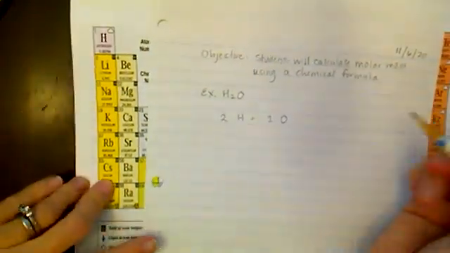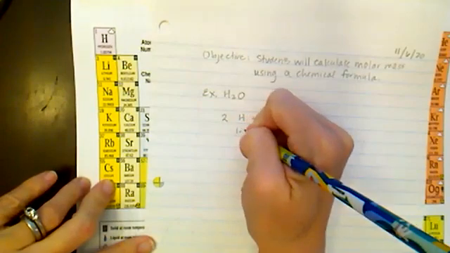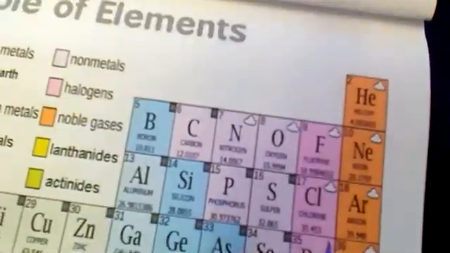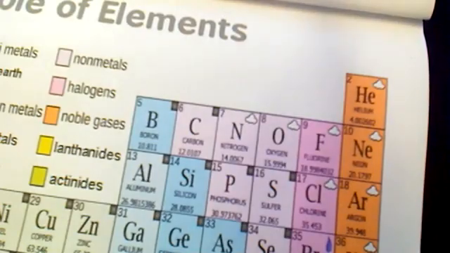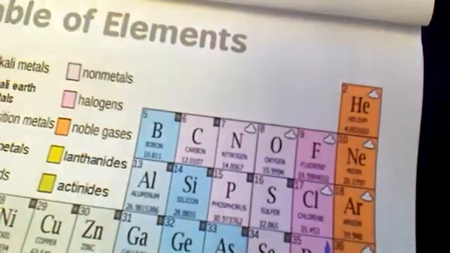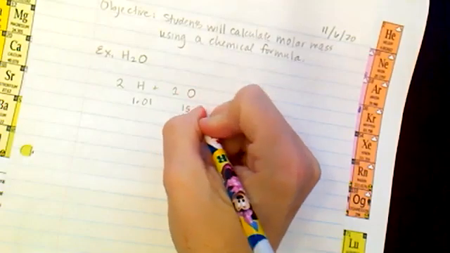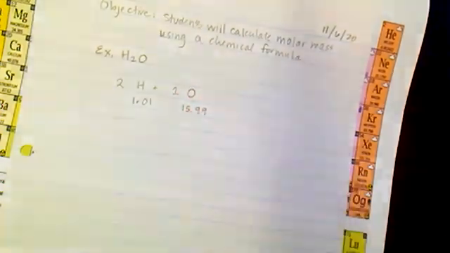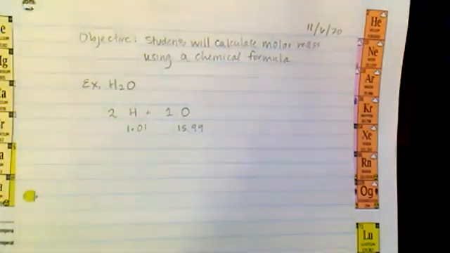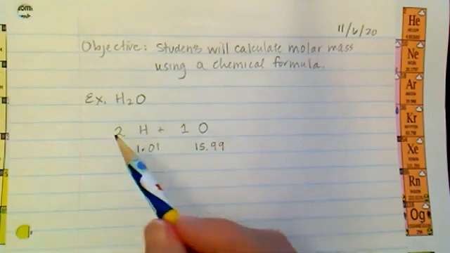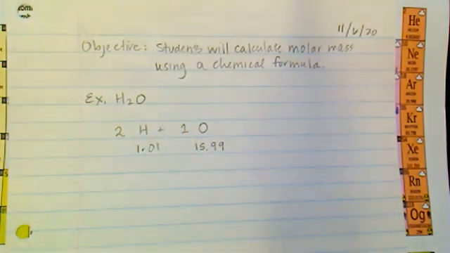So instead of all of those numbers, I'm going to write 1.01 for hydrogen. And then for oxygen, again, we can use 15.99 or even 16.0 if you round up, right? That slight difference is not going to make a big difference in our calculation. Okay, let's make sure this is easy for you to see. Okay, so below each element, I wrote the atomic mass,